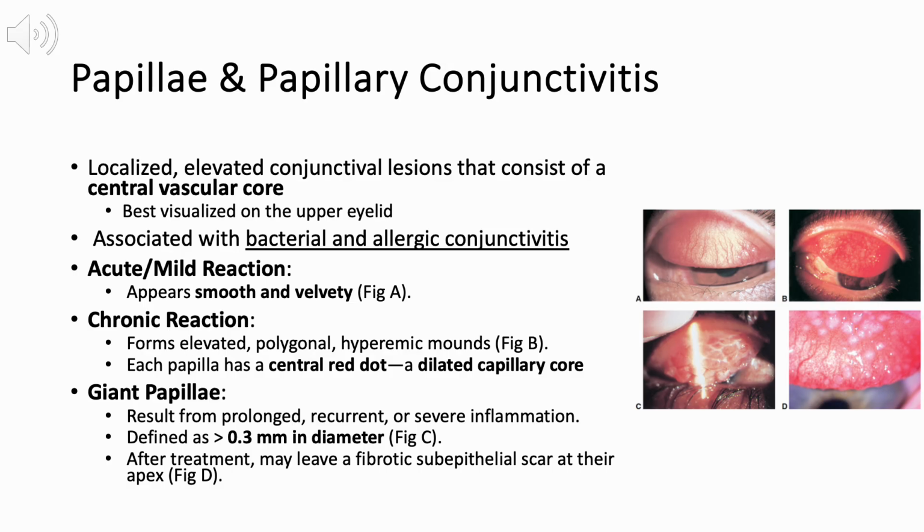seen in Figure B. Giant papillae arise from prolonged or severe inflammation, particularly in chronic allergic conditions. They are defined as being greater than 0.3 millimeters in diameter, seen in Figure C, and may show furrows that trap mucus or pus. Following resolution, fibrotic subepithelial stars may form at their apex, Figure D, leaving visible sequelae of prior